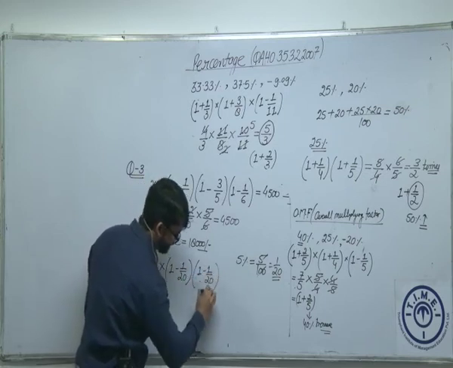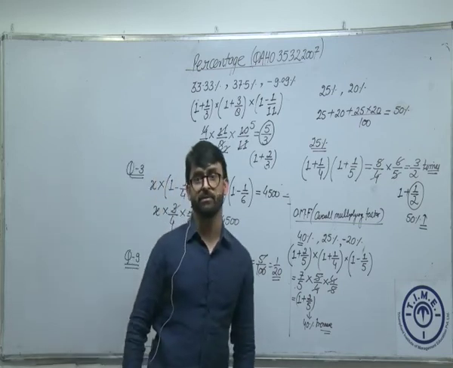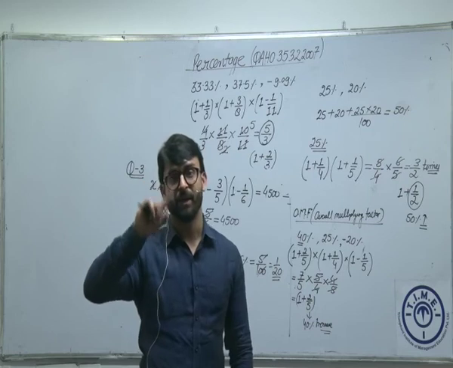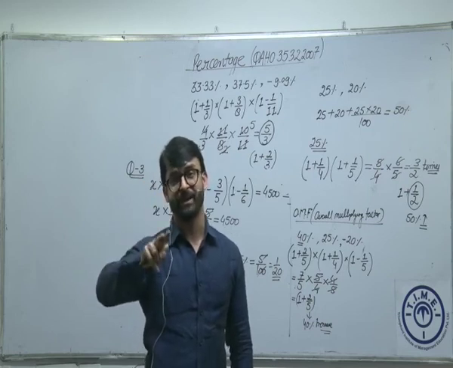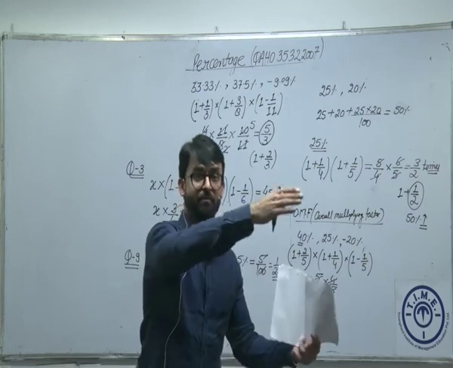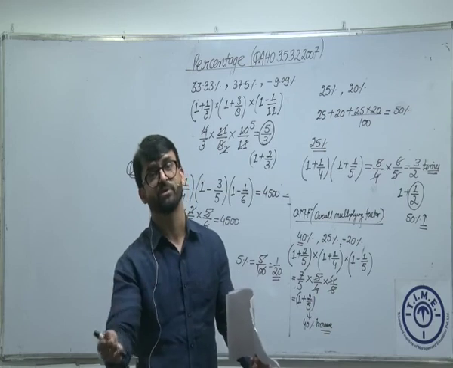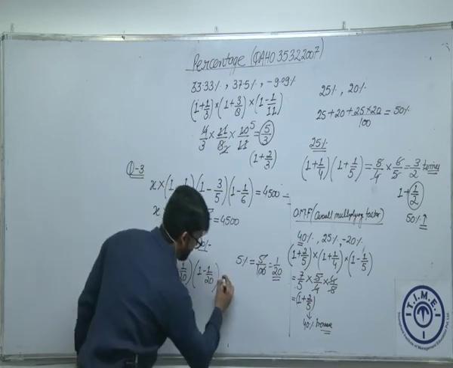Why am I writing it twice? Because the value given is the present value and they're asking for the value which was 2 years back. That means the value is depreciating twice. Every year 5% of the value with respect to the value at the beginning of the year. जो साल के शुरू में value रहा होगा उससे 5% कम हो जाएगा. Fine. Now the final value is